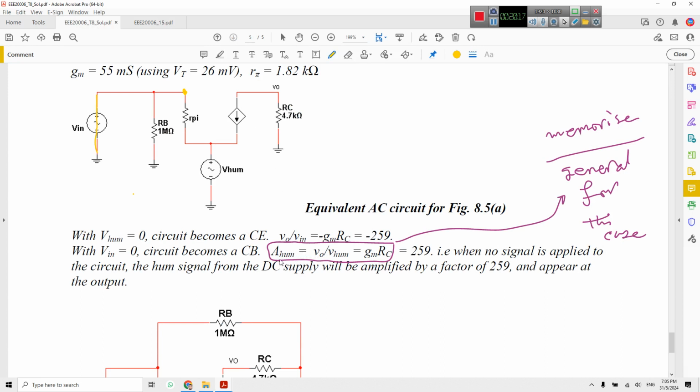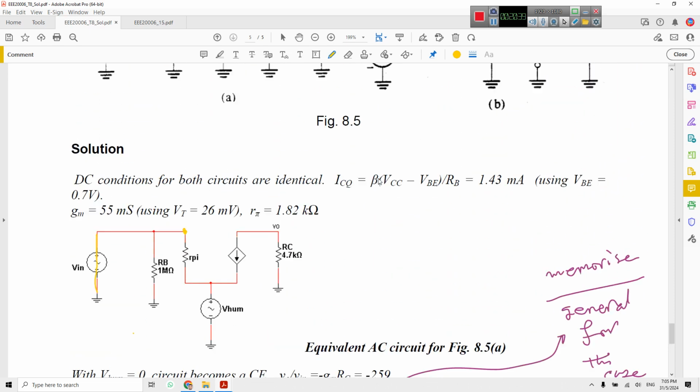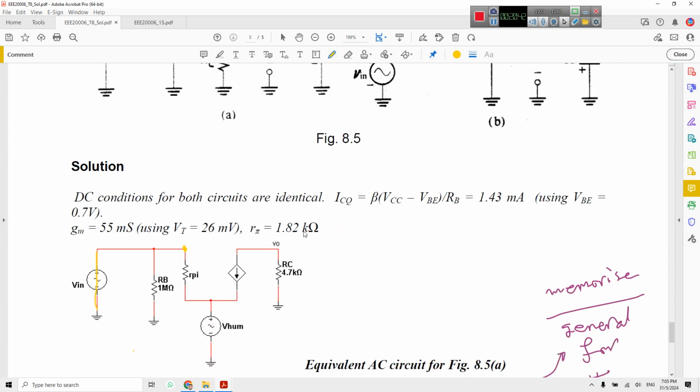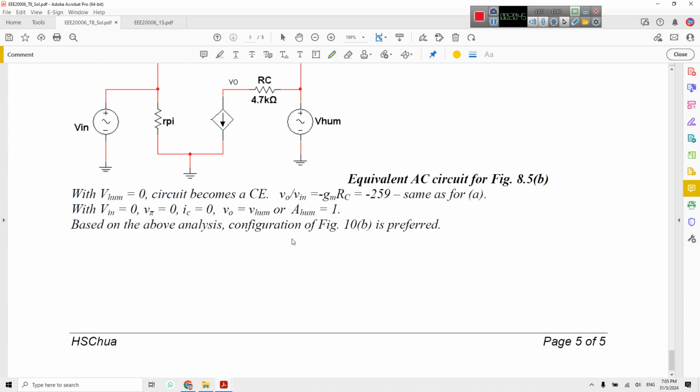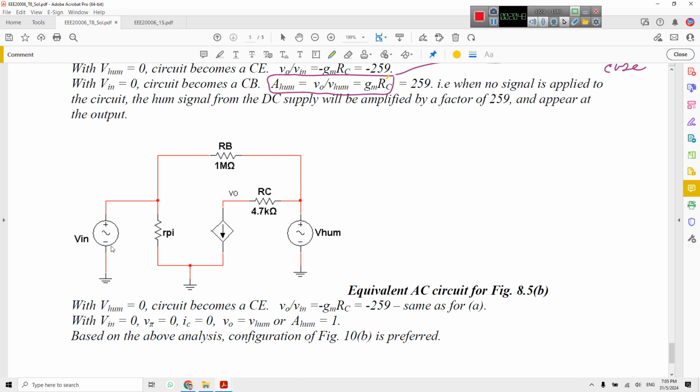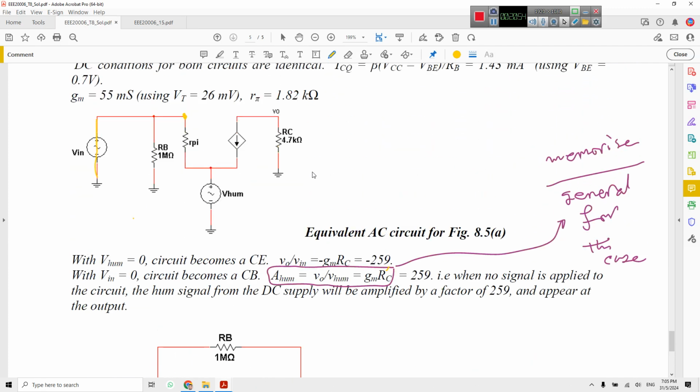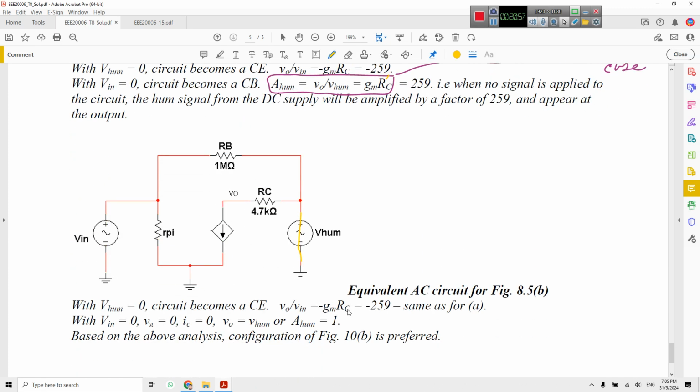If we have such a circuit, A hum, V out over V hum, equals gm RC prime, but here RC prime means in parallel with anything else we have. So RC, the total RC we have. So here we only have 4.7. So the value becomes 2.259. And in the case of circuit B, which is this circuit, again we should calculate the DC, then go to the other side. So if V in, V hum is equal to 0, what happened? In the same way as the first one, the value becomes